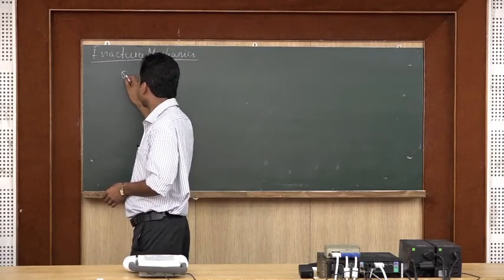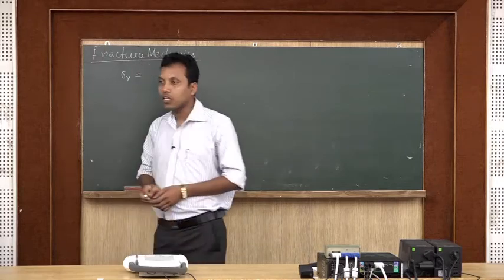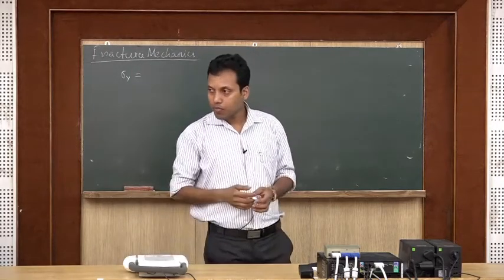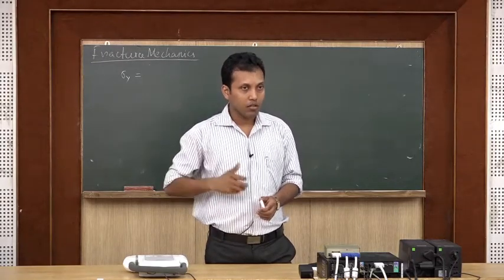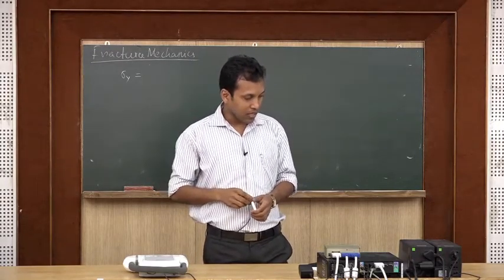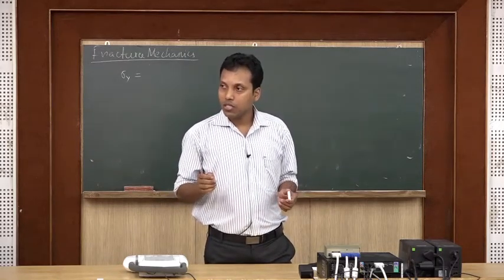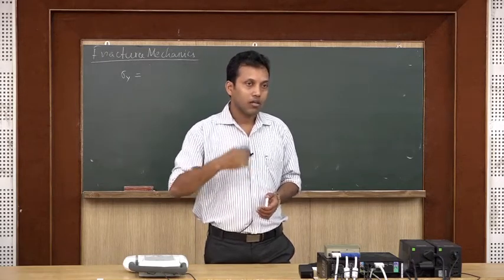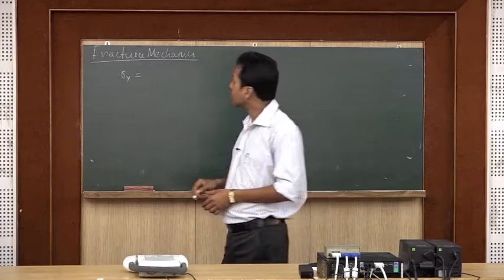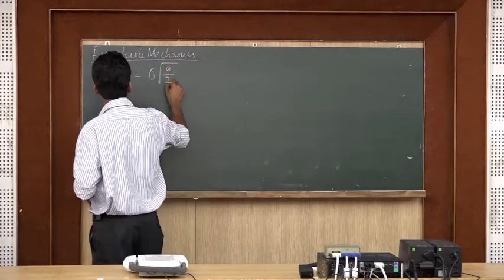So, what we have seen there is sigma y, say these things are a function of what? R and theta and the applied stress sigma. Okay. So, the sigma that is there is a function of the polar coordinates r, theta and the applied stress sigma. Okay. It can be written as sigma root a by 2r